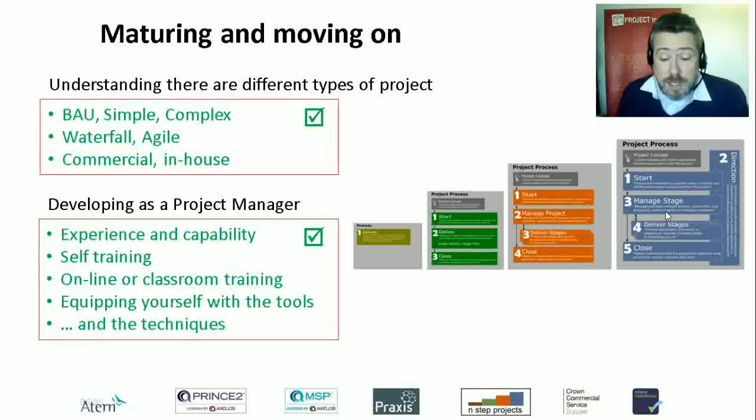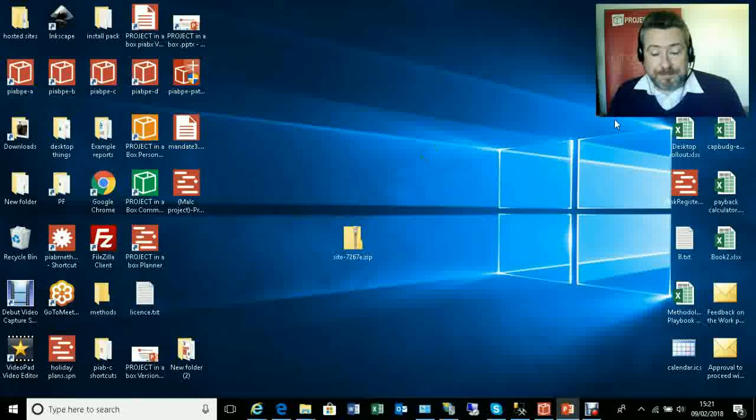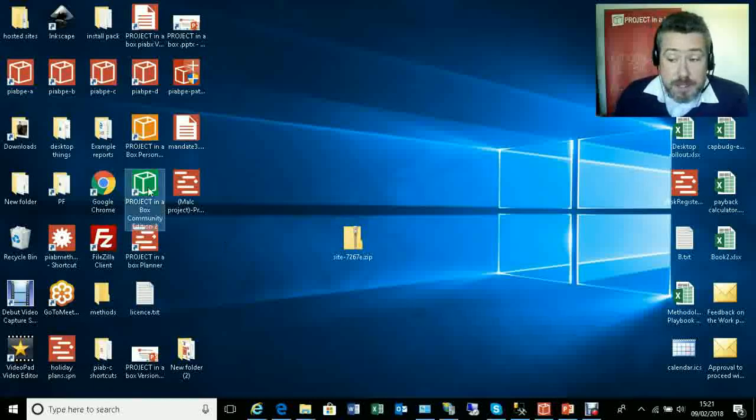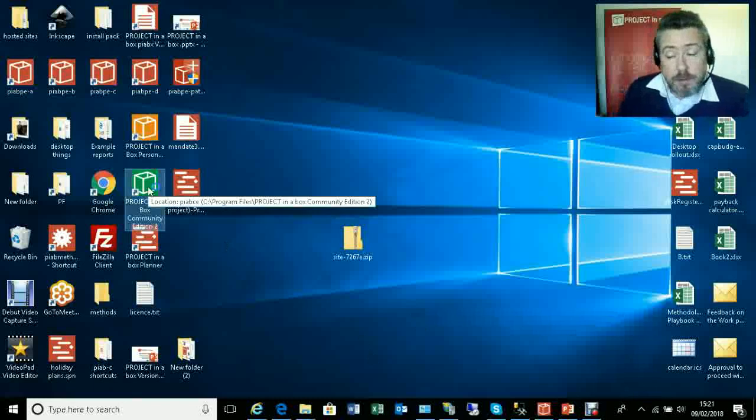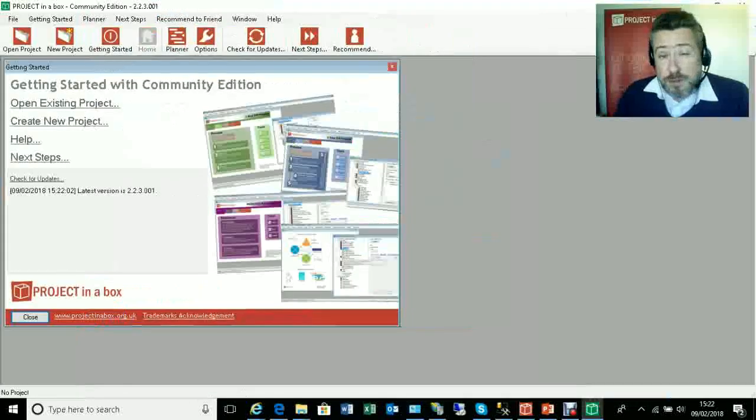Obviously, so we're helping you with some tools again. We'll talk about some more planner things, and of course techniques, which was just what we were talking about earlier. So let's go and have a look at a few of these bits. So we're going to have a look in our community edition, just like we've been doing every session so far. And as I mentioned, community edition supports a range of methods.